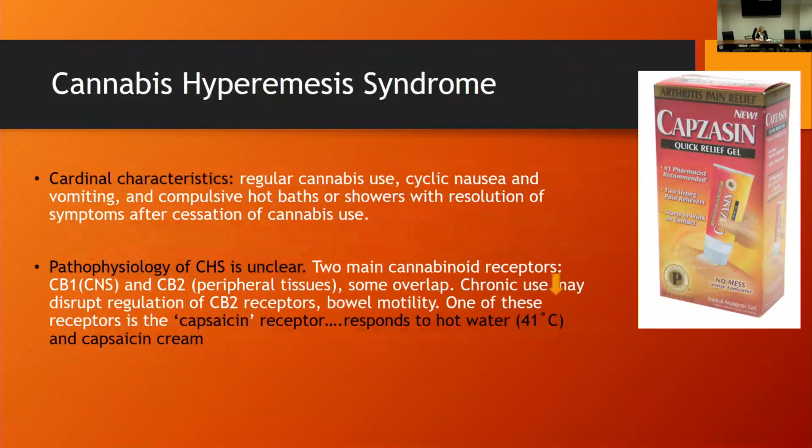Where do you put it? On the abdomen usually, or on the outside arms, and any area that otherwise the person likes to have the hot water from the showers on. Because that's the other treatment. Showers at 41 degrees. I've seen the capsaicin put on abdomens that have not seen the light of day,